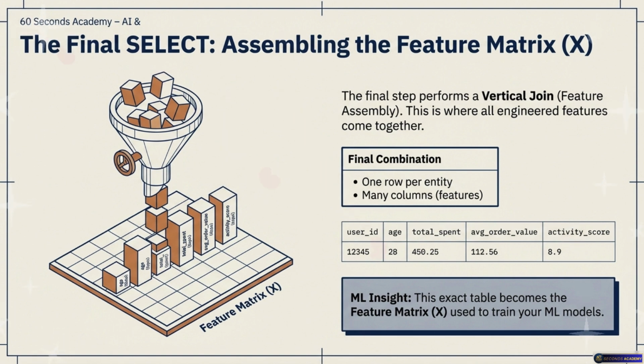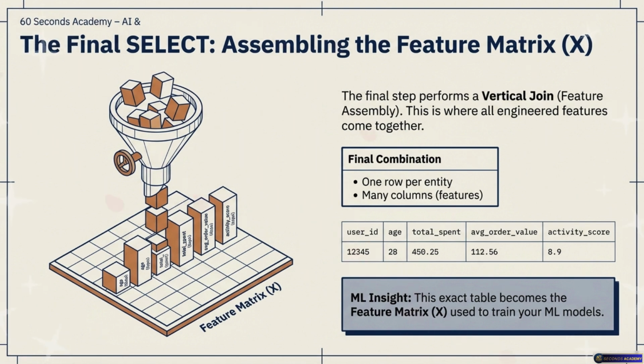You use that primary key, the user ID, to essentially stitch all these parallel assembly lines together into one unified, very wide data set. And that final wide data set has a very specific name in the machine learning world, right? It's called the feature matrix, usually just denoted as X. Yes, the feature matrix. The final output combines all of those engineered features into a very specific shape. It has to be one row per entity and many, many columns representing the features. So you'd have a single row for, like, user 123 and the columns read: age 34, total spent $500, recent tickets 2, activity score 8.5.